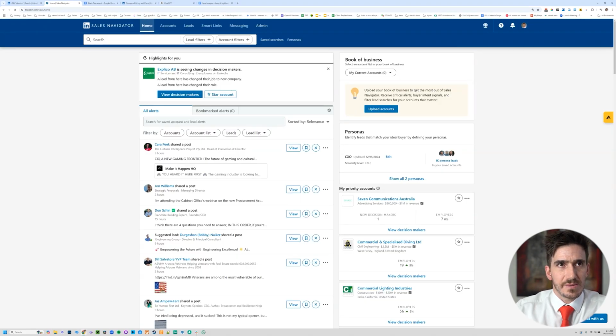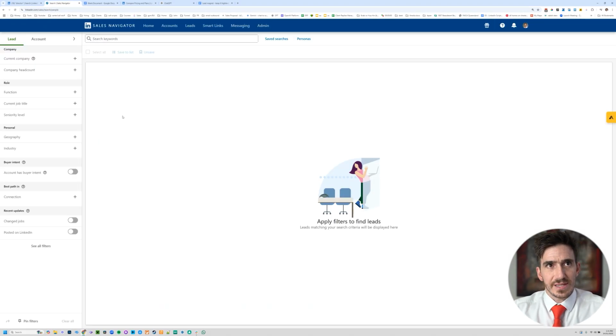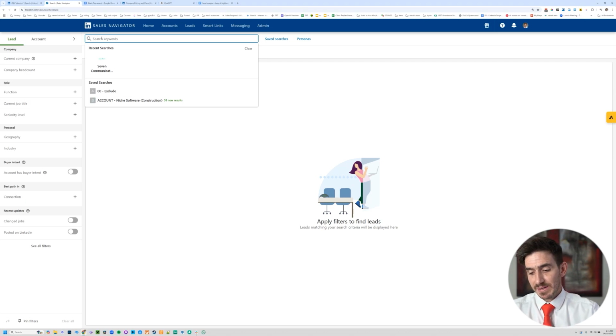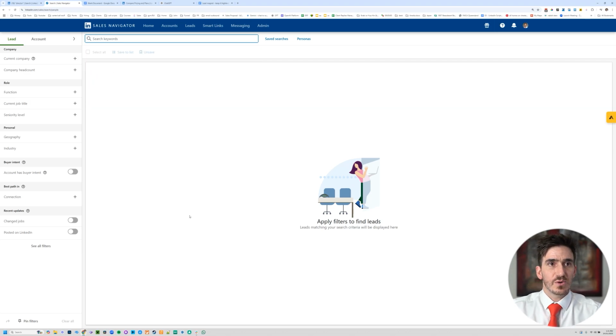It should look a little bit something like this. And this is really where the money is. Go up to the search and just click anything, press enter, and it'll take you to a blank page like this. Now, this is where I guess the money is made. This is where all the different filters are, and really where you can start to find and locate your target